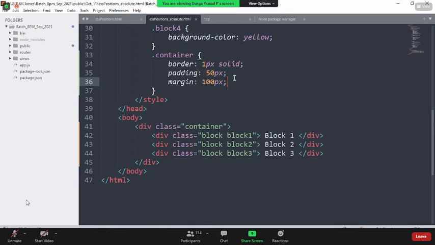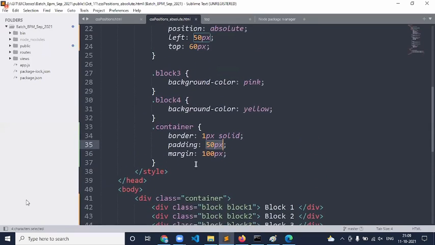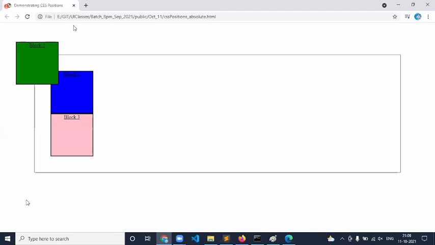I will keep traveling to find a parent with a non-static position. If I don't find any such element, it will automatically depend upon the body tag. That is the reason that when I say top of 60 pixels, it takes from the body tag, and left of so-and-so, it is considering the body tag.